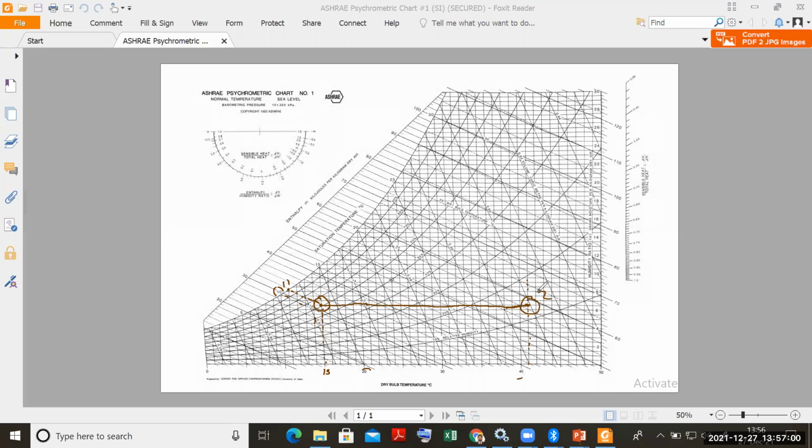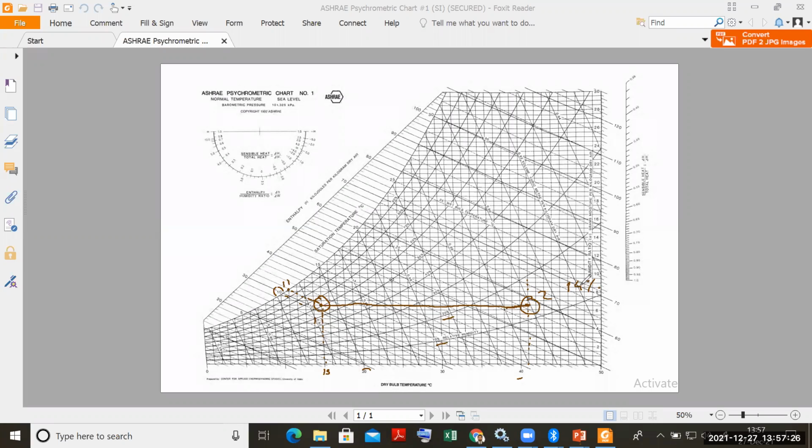So they have told me to calculate TW2 and RH2. So here let us calculate RH. This curve is for 10%. This curve is for 20% relative humidity. It is in between, but slightly inclined towards 10. So it will not be exactly 15. So it will be, let us say, 14%.